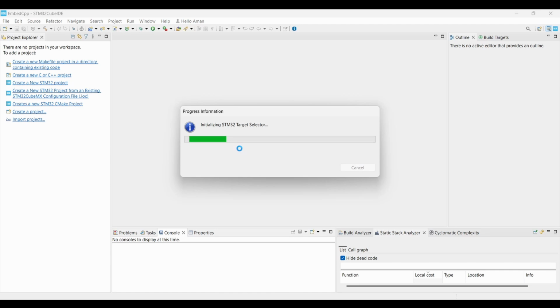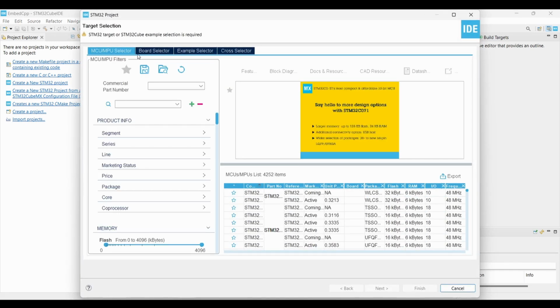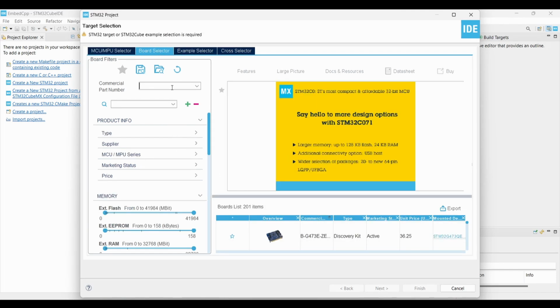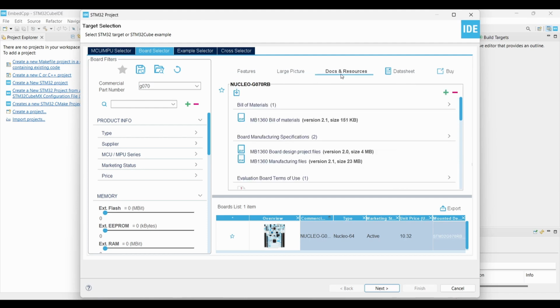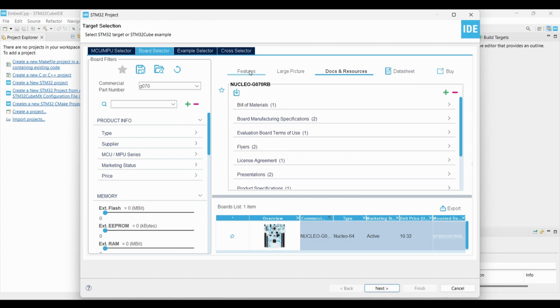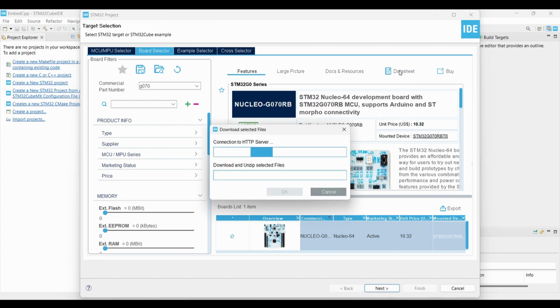It will initialize the STM32 target selector. Once it is initialized, you will see a window where you can select the microcontroller or microprocessor, or here you can select the board selector. As I am using a Nucleo board, I can select my G070RB. It's G070. This is the Nucleo board that I will be using. And here you can get the documents and resources related to the board, or you can also download the data set. Like I've clicked and